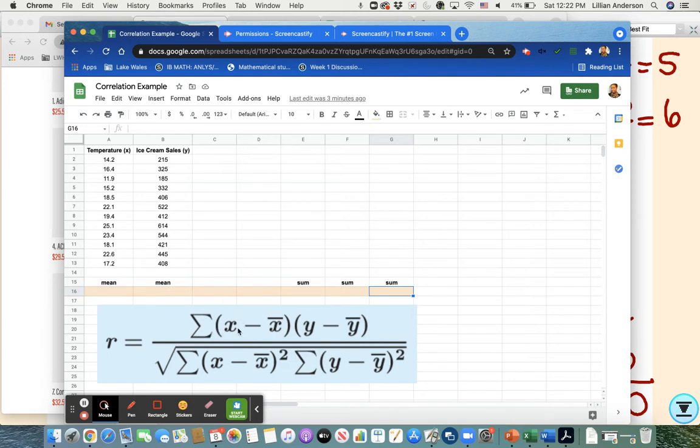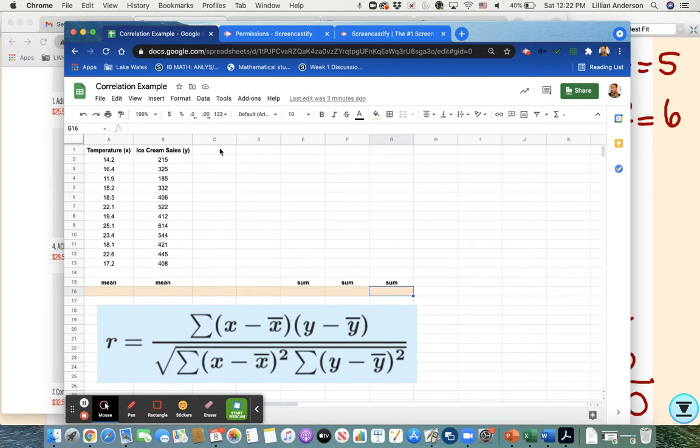So as you can see, you're going to need X bar, which represents the mean of your X's. You need Y bar, which represents the mean of your Y's. You'll need to subtract all your X's from your mean as well as all your Y's from your mean. You're also going to need to take those differences and square them and then sum them up. So this is pretty much just like a standard template, and you can use the exact same thing